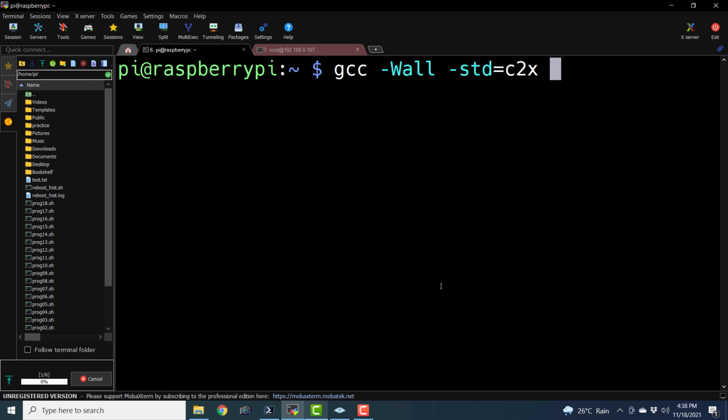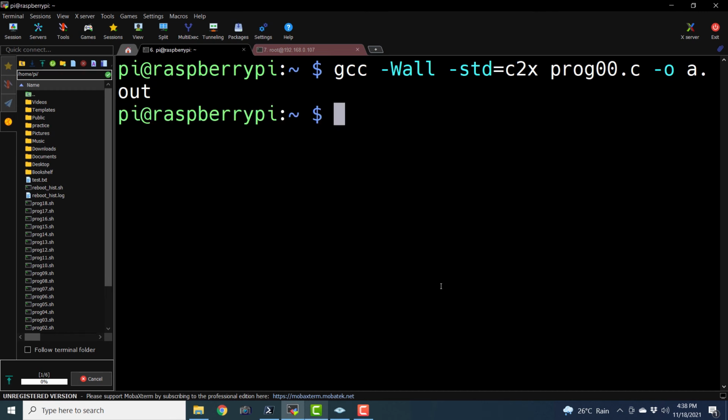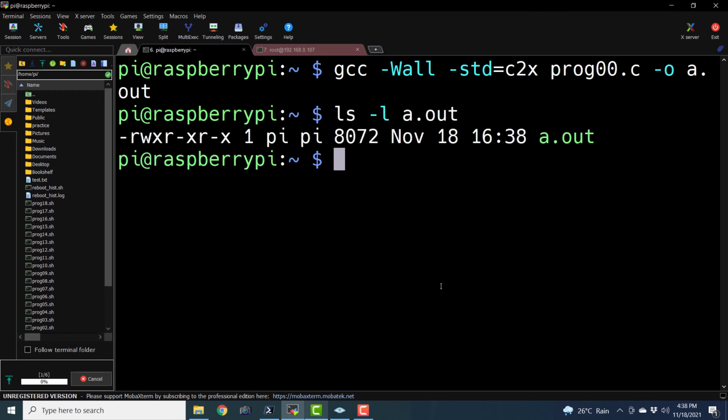And then we have to provide it the name of program file, prog00.c, and we can also let it know the name of the executable file. So -o and a.out. So by default also the name of executable that it generates is a.out. And if I hit enter, it is going to compile it and it is going to generate that a.out file. So ls -l a.out. So this a.out file has been generated, and the program was very simple thing, hello world, and